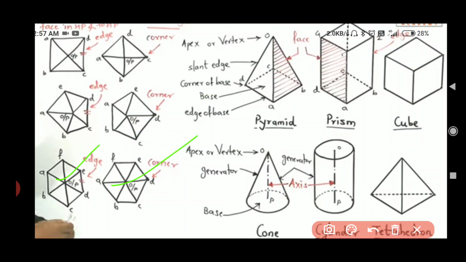So the true surface placement is very important, and the same with this also. These are some more add-ons, important points that you should know to better understand the question and make the true surface, and then proceed with the question. So this is all about projection of solids. Some more videos I will definitely make on projection of solids, that will help you to come out of this problem of projection of solids. Thank you.